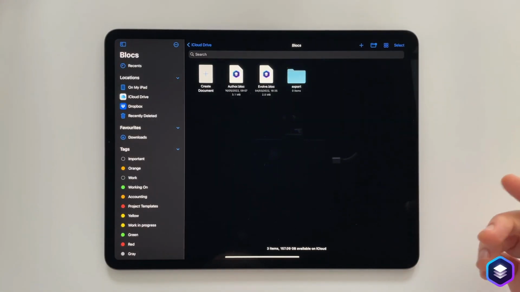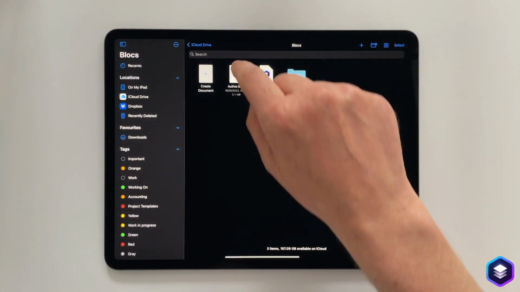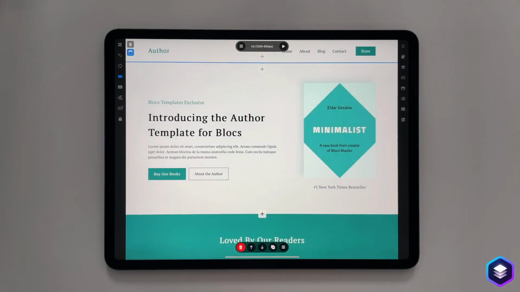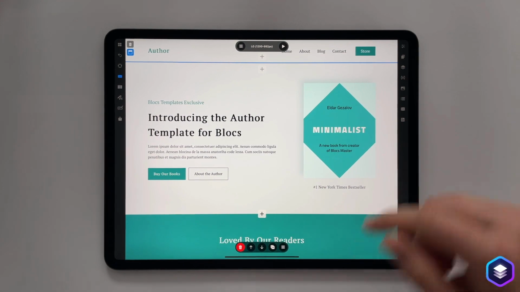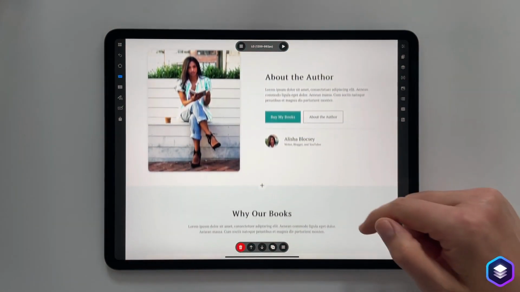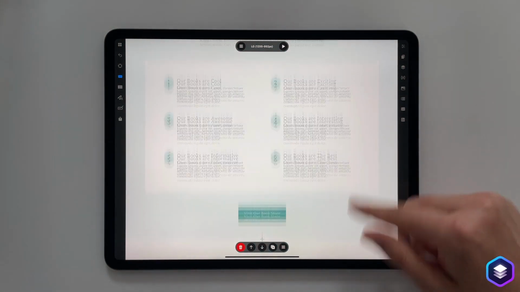So this is the start screen. This is the equivalent of the start window that we have on the Mac where we select our projects from. Elder, who I'm sure needs no introduction, has provided us with a template that he created on the Mac, which I'm going to open up in Blocks on the iPad. So there it is. This project just opens straight up.